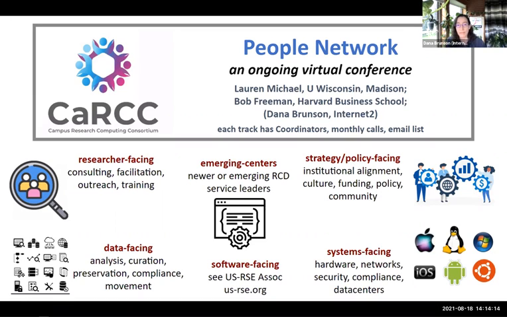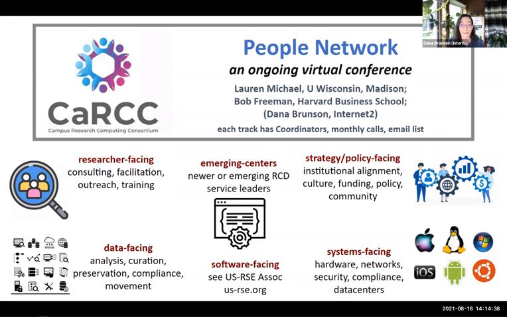The tracks themselves are around what we call the facings, and you can see here on the slide the various ones that we have. This started back in a workshop in 2017 when we were with some social scientists trying to figure out what this research computing and data, or cyberinfrastructure, profession is. It has turned out to be a good framing for us to have at least a shared understanding of